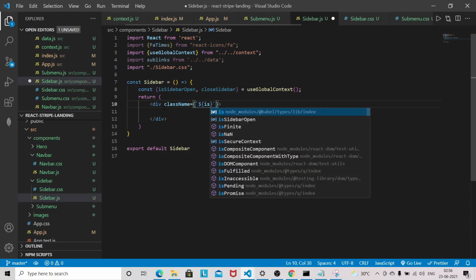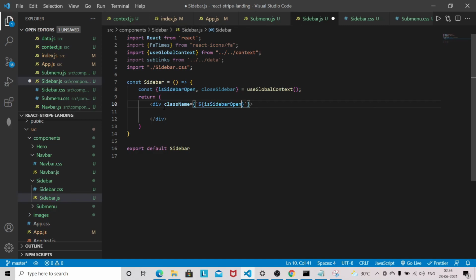If isSidebarOpen, then I'll give the class name sidebar-wrapper show, else sidebar-wrapper. That's it.